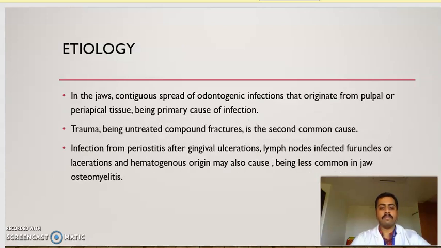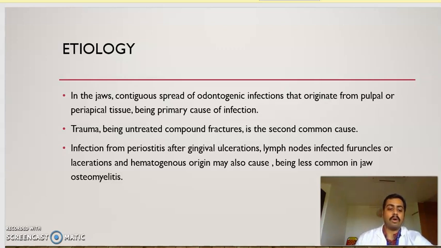We go into the etiology. In the jaws, contiguous spread of the odontogenic infection that originated from the pulpal or periapical tissue is the primary cause of the infection. Trauma, being untreated compound fractures, is the second most common cause. Infection from periostitis after gingival ulcerations, lymph nodes, infected furuncles, or lacerations,